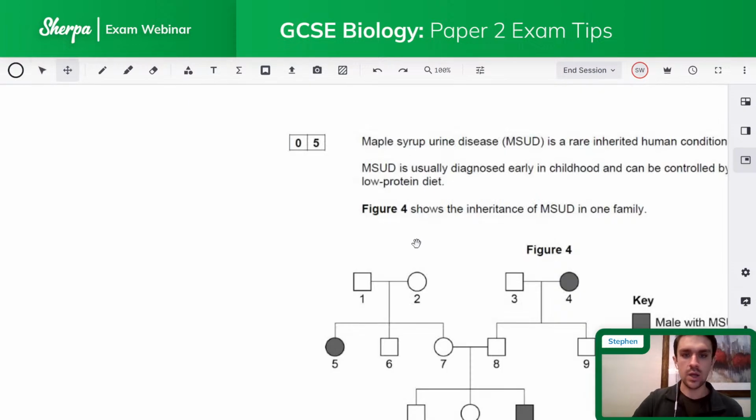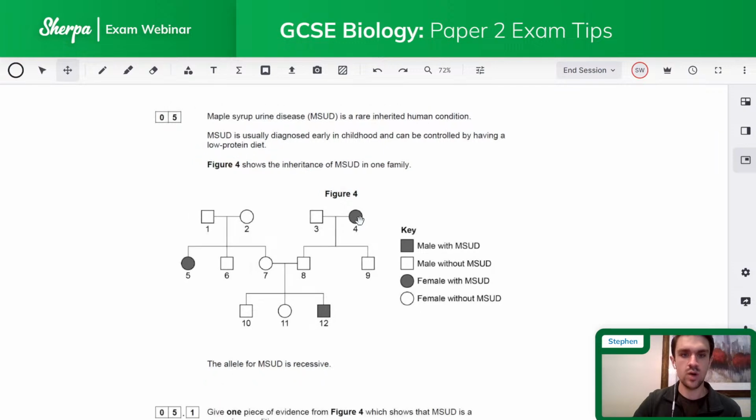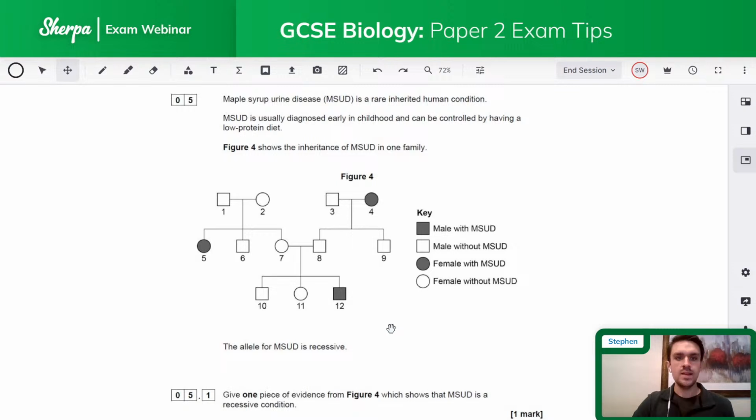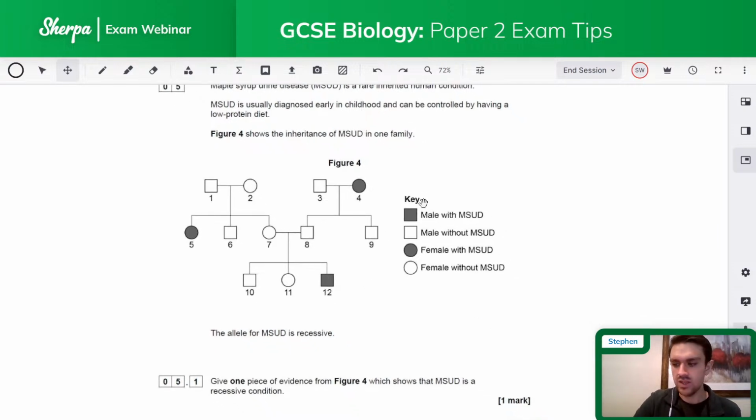So let's have a look at this. Here we've got maple syrup urine disease, or MSUD, a rare inherited human condition. MSUD is usually diagnosed early in childhood and can be controlled by having a low protein diet. Figure 4 shows the inheritance of MSUD in one family. So here we've got a family tree. Now it gives us a key, so we're going to spend a bit of time before we answer this